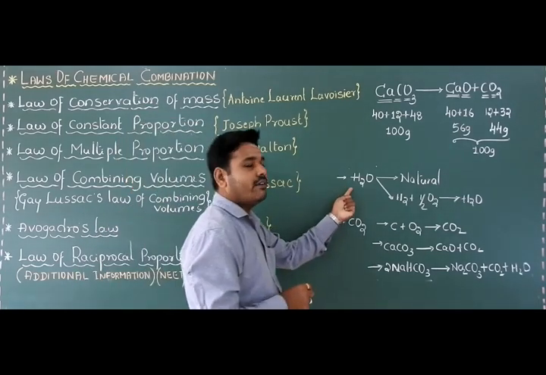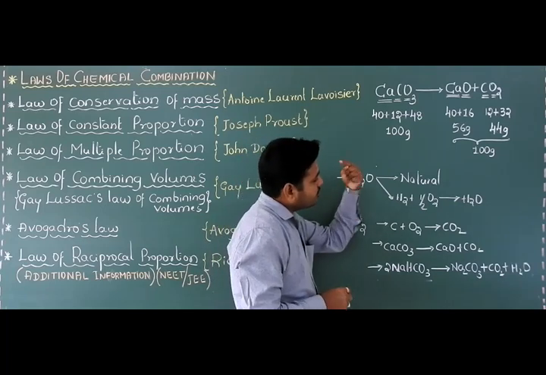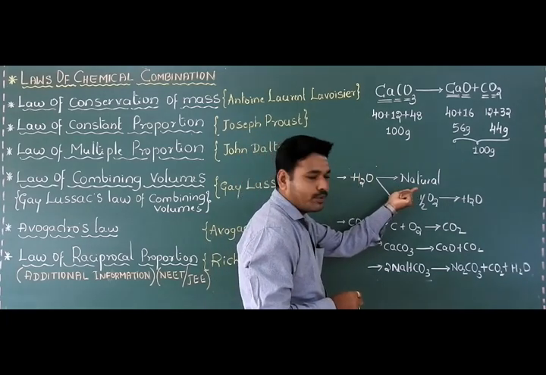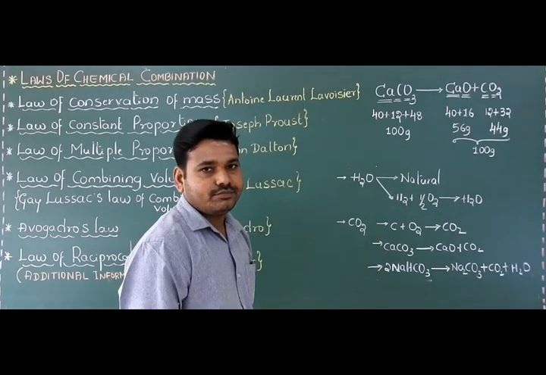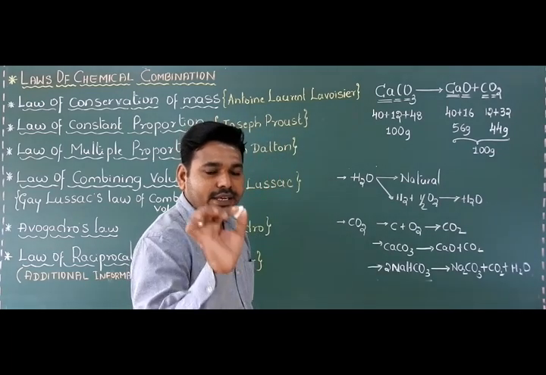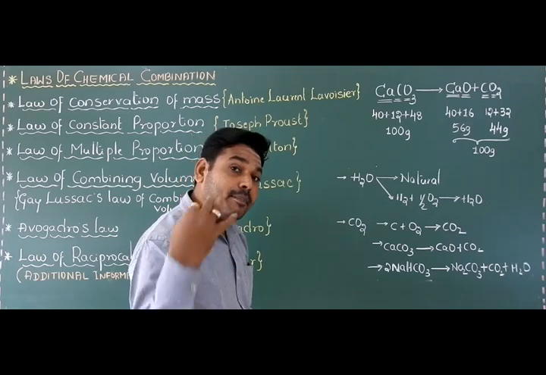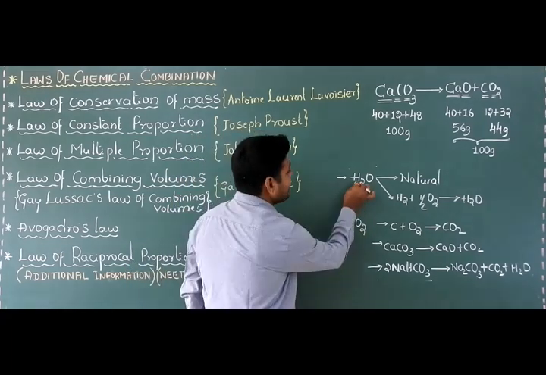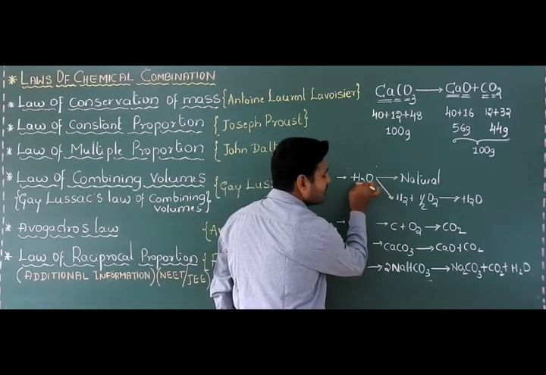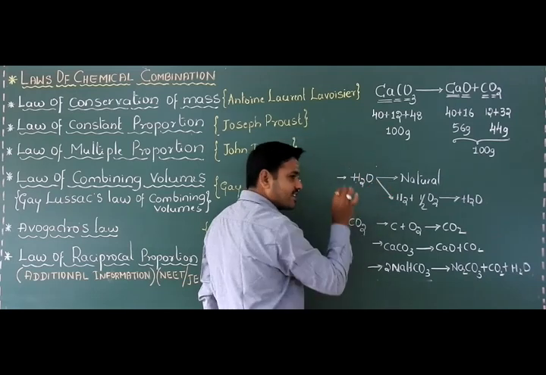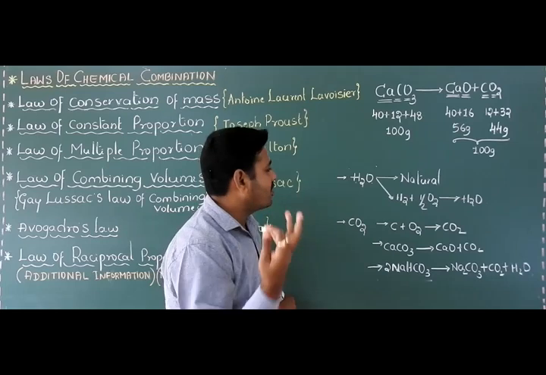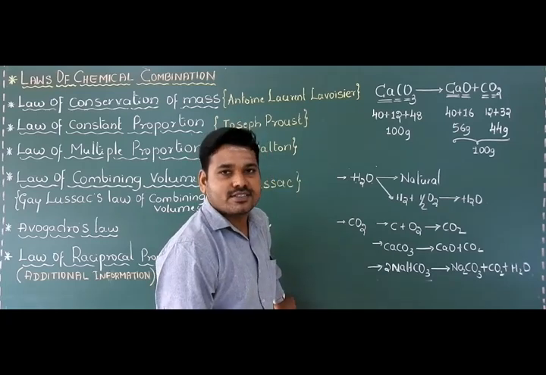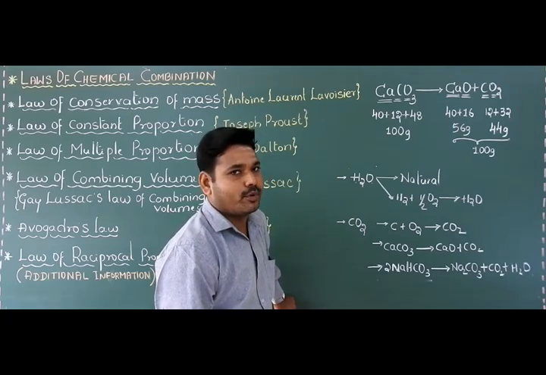Look here, we took water as an example. You can obtain it from a natural source or prepare it artificially. A chemical compound however prepared containing the same elements combines with each other in a fixed whole number ratio by mass. That itself we call the law of constant proportion or law of definite proportion.